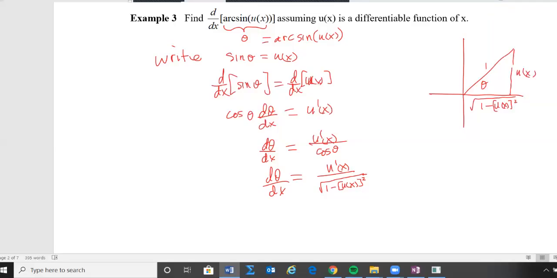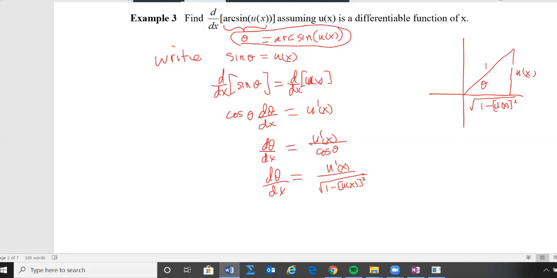Okay, so here's how we work this one out. We start with realizing that this is an angle, so theta is the arc sine. And that sine of theta would have to be u of x. Now let's differentiate this function here. Eventually what we're trying to find is d theta dx, because that would be the derivative of the arc